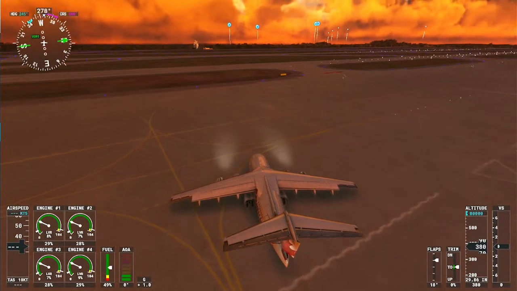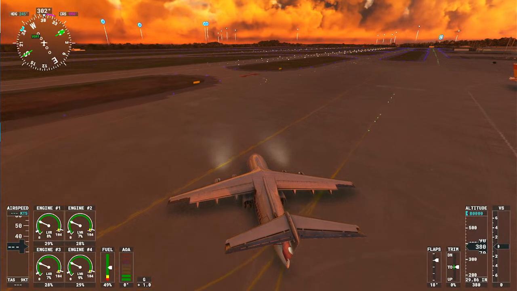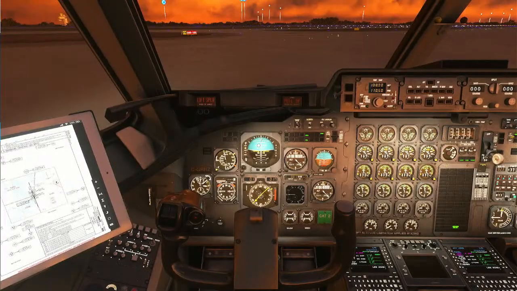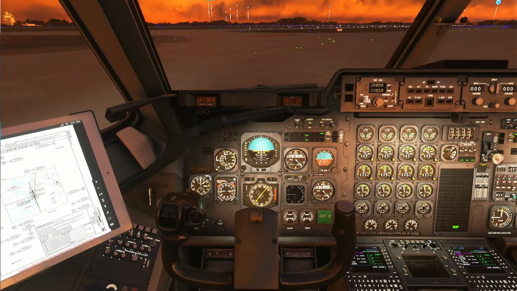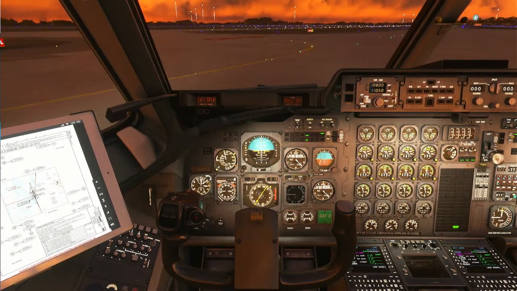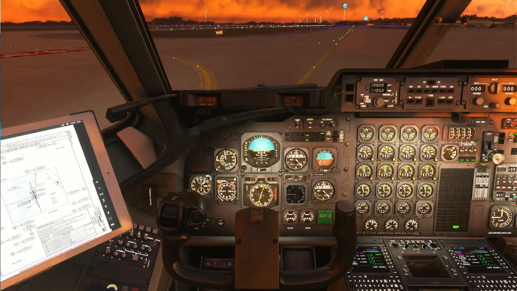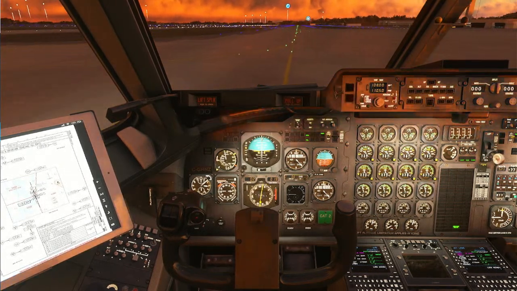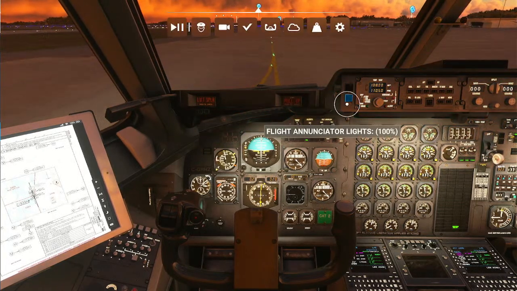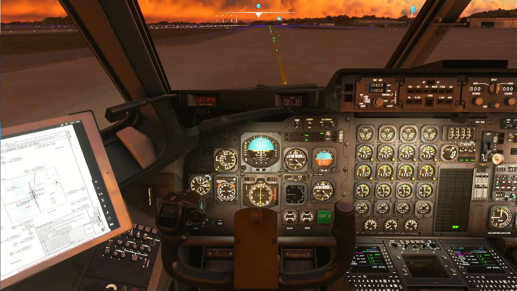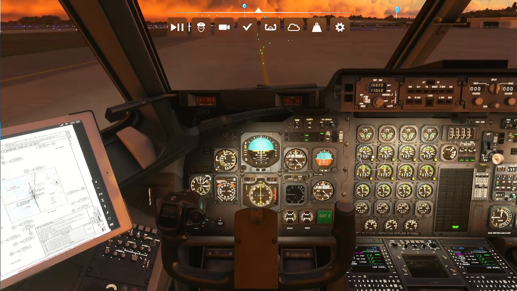I do that often. I get very confused between those two planes a lot, with the functionality of what they do and the buttons and all that. I haven't flown them a lot, so I get very confused between those two planes from time to time. Could have sworn there was a TOGA switch, but I think I'm wrong. I know there's a takeoff. Maybe it's built into this